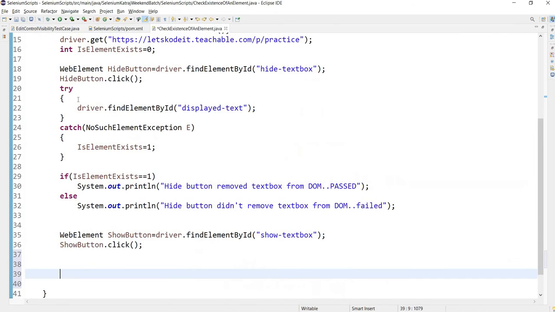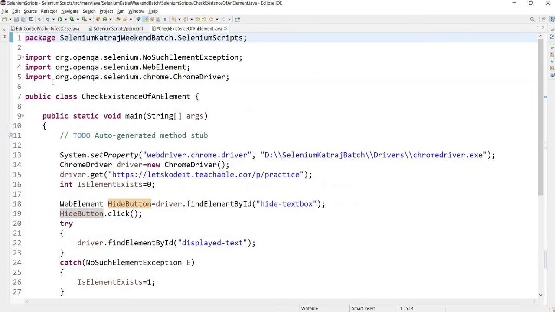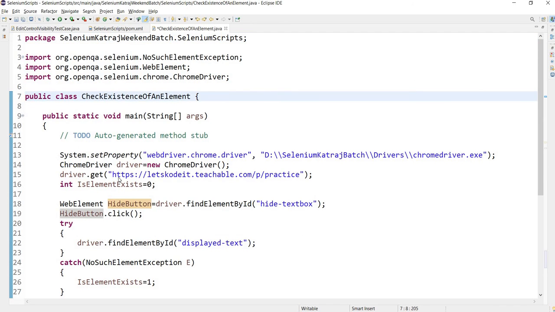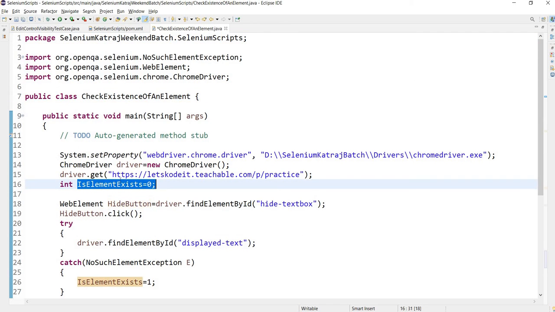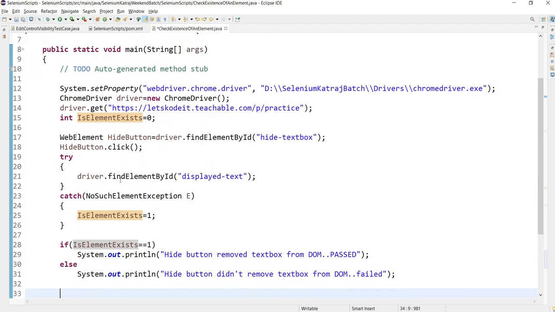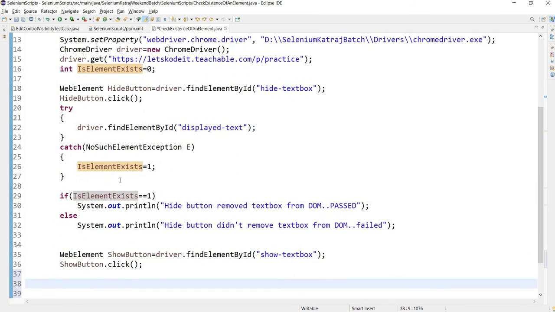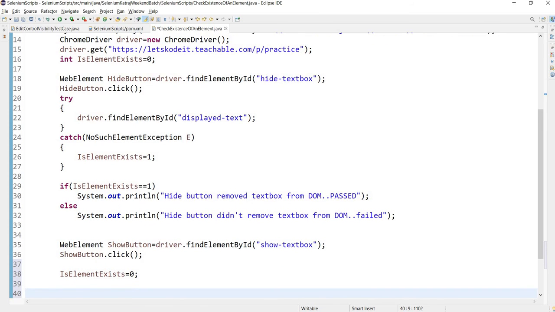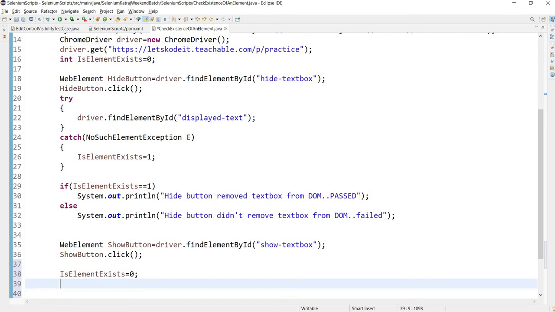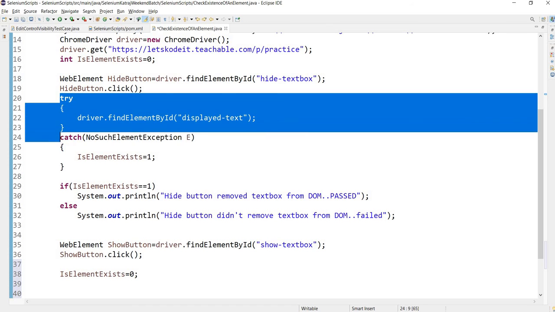So for that, I will again put this variable back to the original value of it. So let's set the value of this variable back to 0. If it has become 1 here, let's put it back to 0 again, so that there won't be any problems. So now again I will do the same thing.